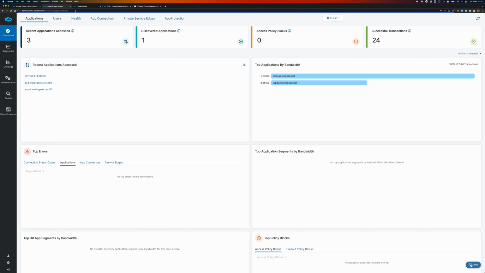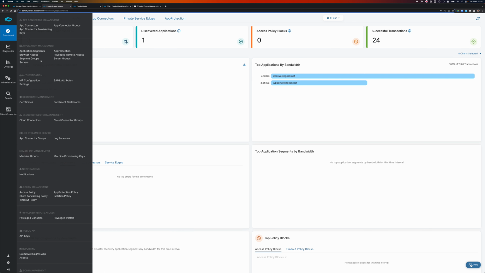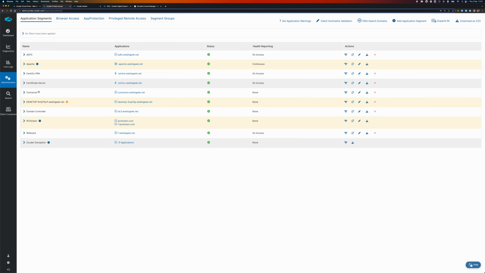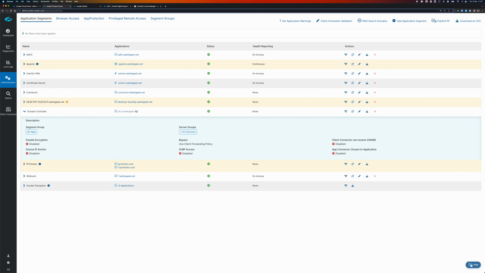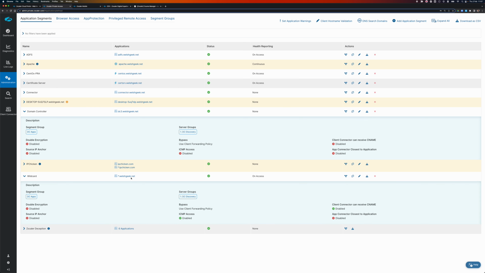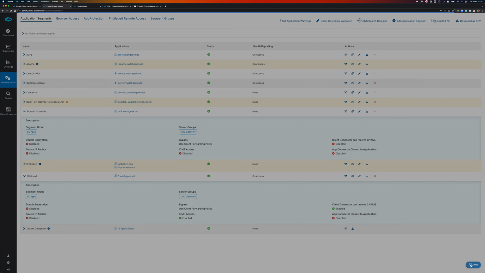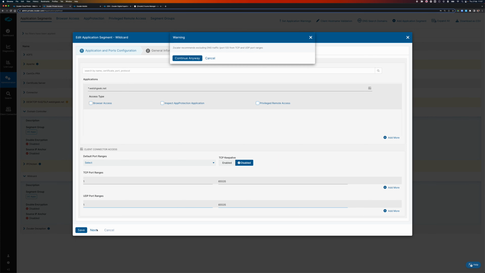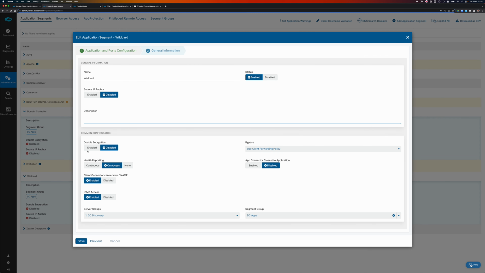And all of these come down to app segments. So if we have a look at our application segments, I've got my domain controller defined as DC3, but I need this wildcard segment, star.welshgeek.net, to occur. If I go ahead and, let's say, disable this application segment, we click save,